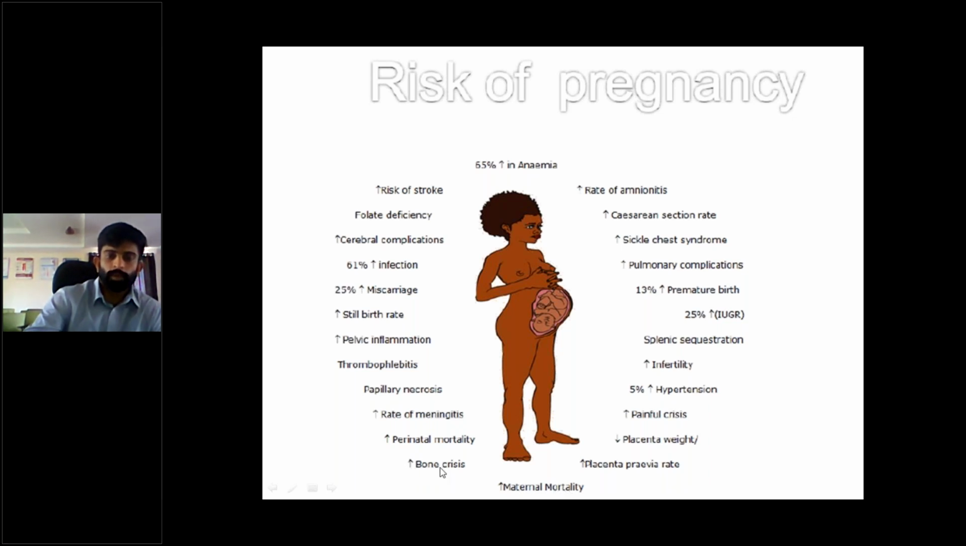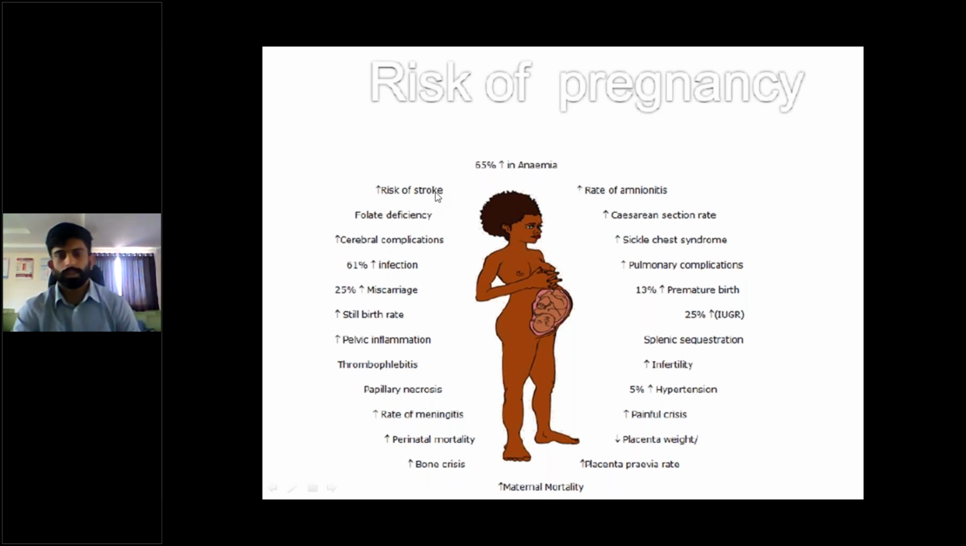all this, increased bone crisis, increased perinatal mortality, increased rate of meningitis, increased papillary necrosis can be seen, thrombophlebitis can be seen, increased pelvic inflammation, increased stillbirth rate, 25% increased miscarriage, 61% increased chance of infection, cerebral complications are increased, folate deficiency will be seen, and increased risk of stroke will